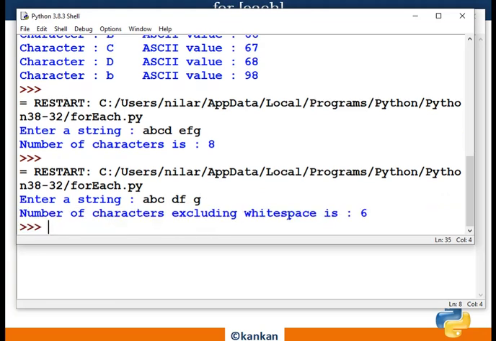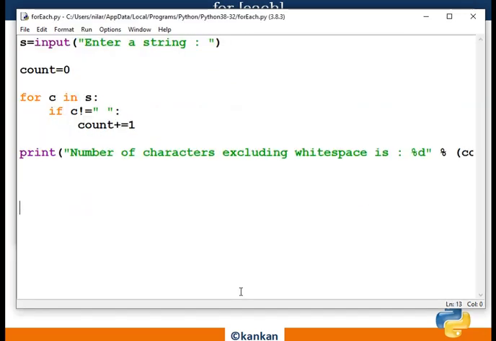So white space is excluded. White space is also a character. So in the previous example it was 8 and my input was A B C D and white space after that E F G. Okay, clear? So this is a very simple example to include.